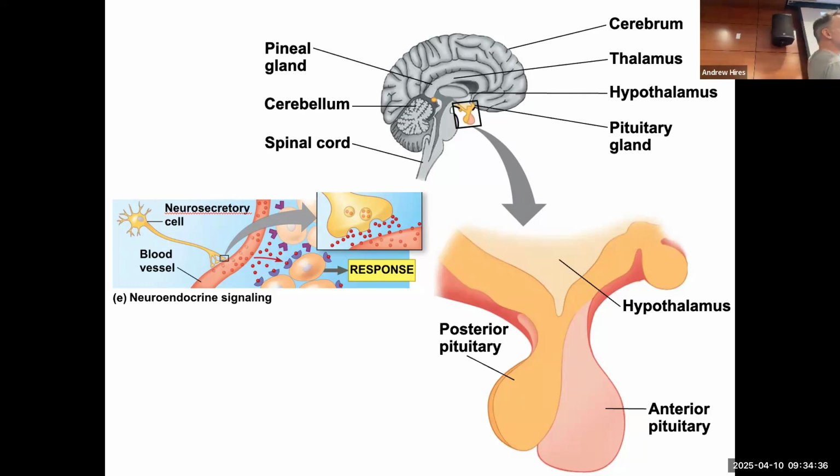So we've got the cerebrum, or the cerebral cortex. This is where all of your thinking occurs, your cognitive capacity. Language comes from there, sensory integration, motor planning. A lot of your conscious thoughts occur within the cerebrum. The cerebellum is involved in coordinating motor control. The thalamus is a little relay that takes information from your peripheral senses and shuttles it into the cerebrum. And then the spinal cord is a way by which